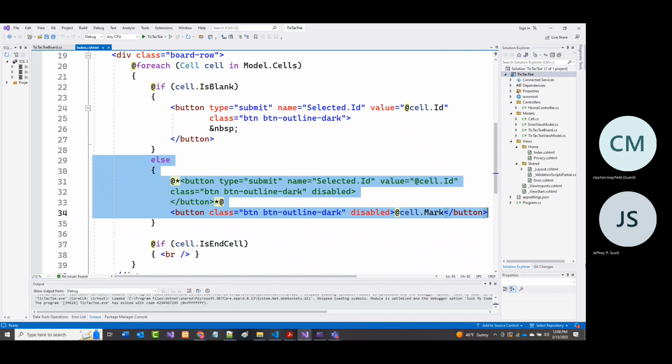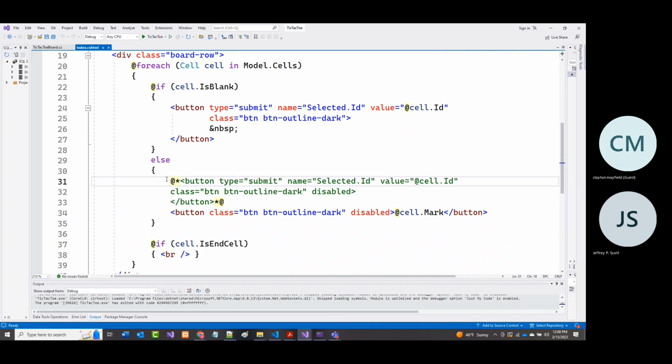Once you've got that, and hopefully you can tell from my stuff here, this is what we had. It was wrong. I just copied this from above. I should not have done so. This is what we want here. So you can remove this, or you can comment it out like I did. It's totally up to you, but please put in that line. All right. That's the only thing that's wrong with that particular file.